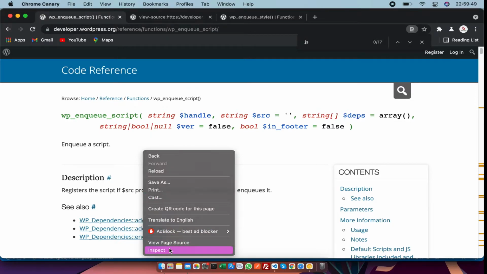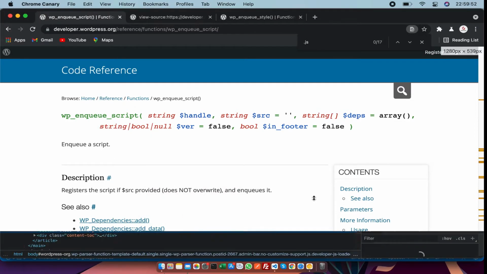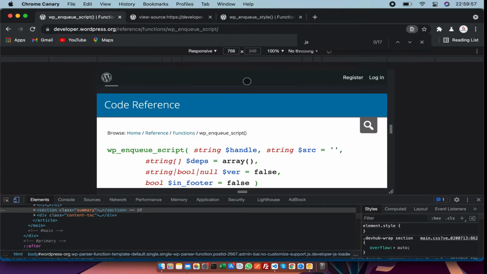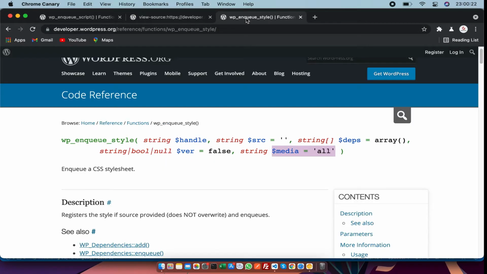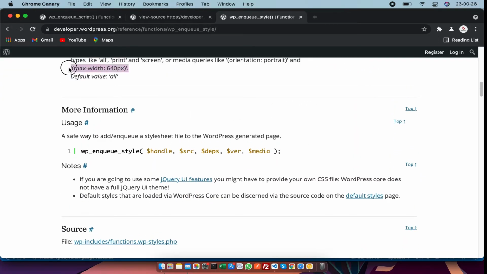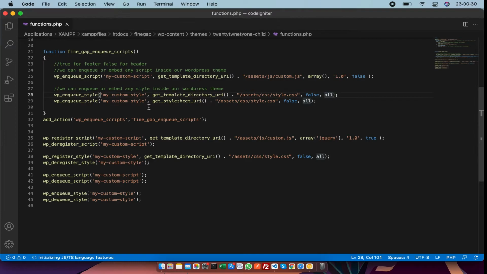If we open inspect and open the mobile mode, then you can see the resolution of the screen is 768. So if we want to use it above the 768 screen, then we can use it. For example, we can write it like that. So I think this difference is enough for you.